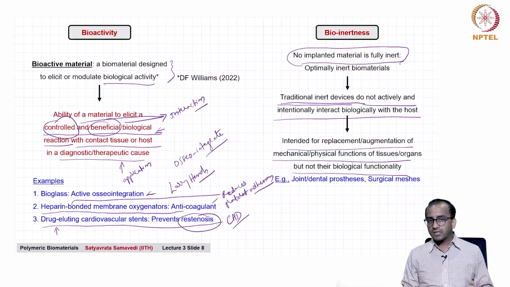Later on, we will look at what we will call materials that are non-fouling. Those will elicit a very, very minimal type of reaction. Some materials could elicit a much stronger response. So as you see, it's a spectrum. But the idea to keep in mind is the body will react to some extent, or to different extents, to any implanted material. So like I said, examples of bioinert materials could be joint or dental prostheses or surgical meshes